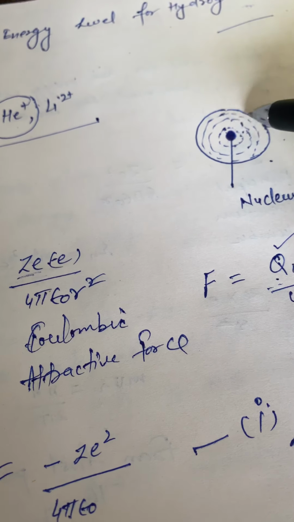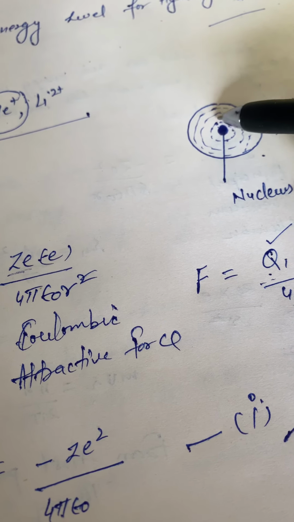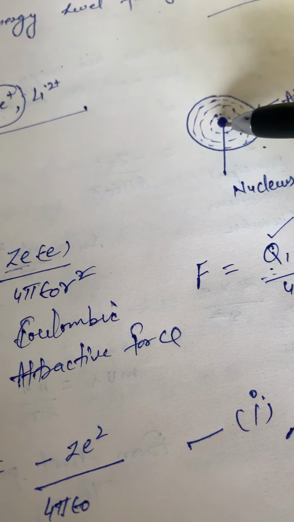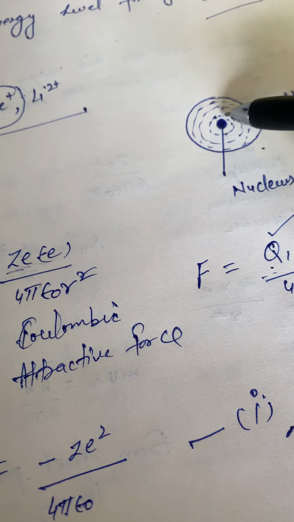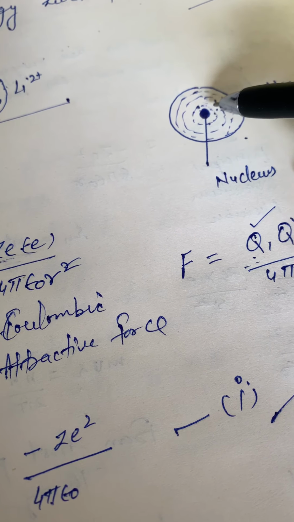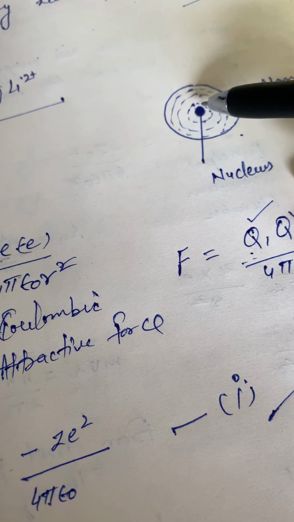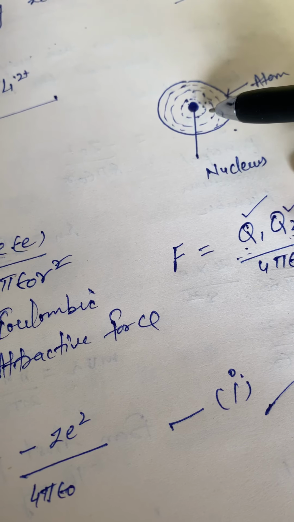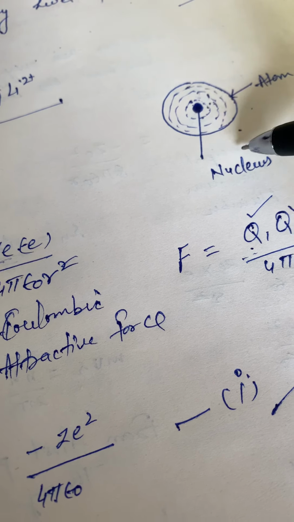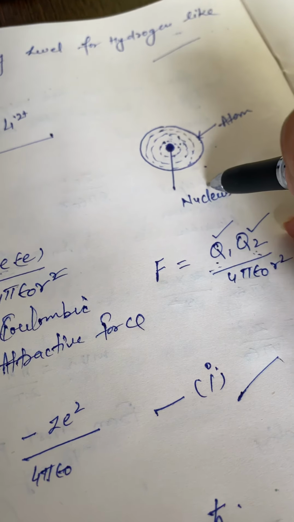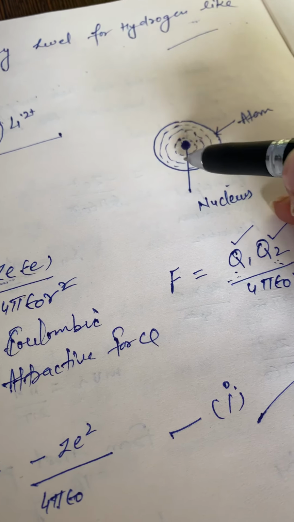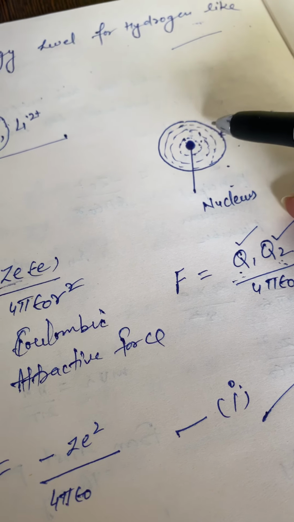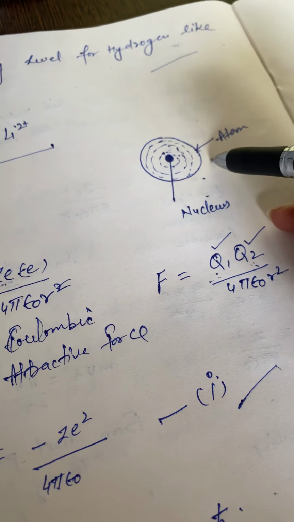this orbit. As we have discussed in the last topic, quantization rule, every orbit around this nucleus is quantized, or we can say every orbit or shell has its fixed amount of energy in its energy level. Now we will calculate the amount of energy of each energy level. For this we have an atom which is neutral.